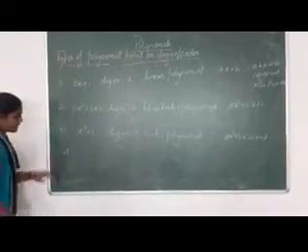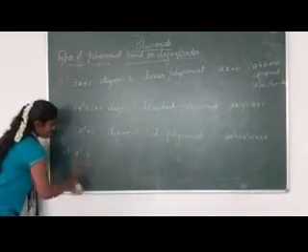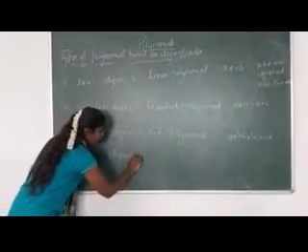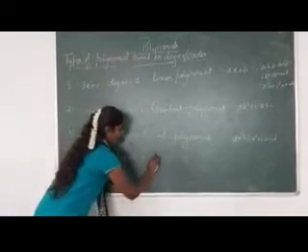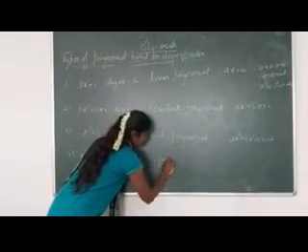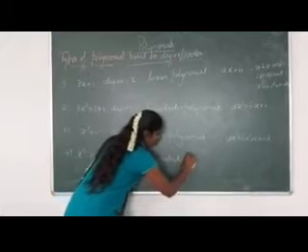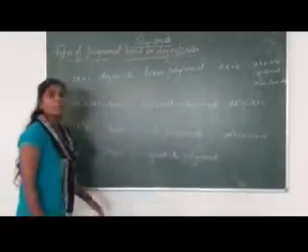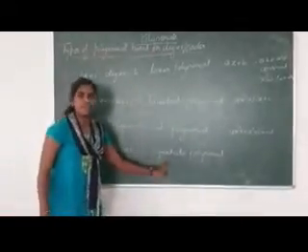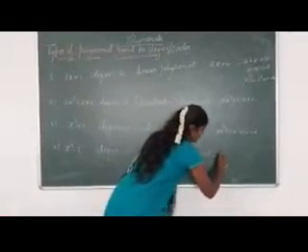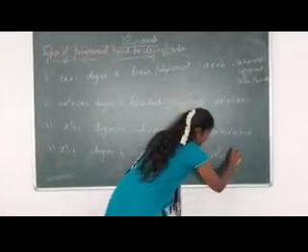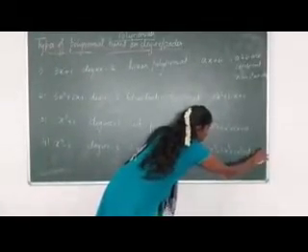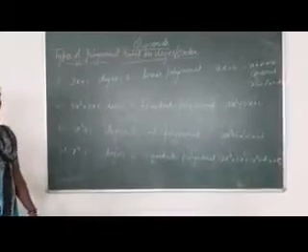The last type I can say is, here you can clearly say the degree is 4. This one we call the biquadratic polynomial. How is it defined? If the degree of a polynomial is 4, such a polynomial is called biquadratic. Its general form is ax to the power 4 plus bx cube plus cx square plus dx plus e. So this is the general form of the biquadratic polynomial.